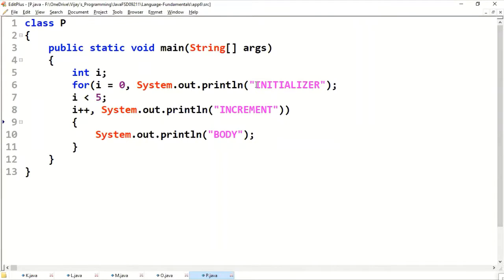We know that the initializer will be executing only once, not multiple times. Only once. Increment and body both will be printed 5 times. Carefully observe.